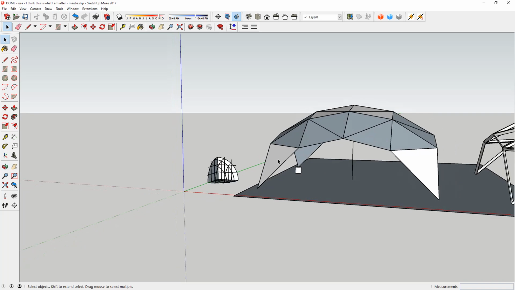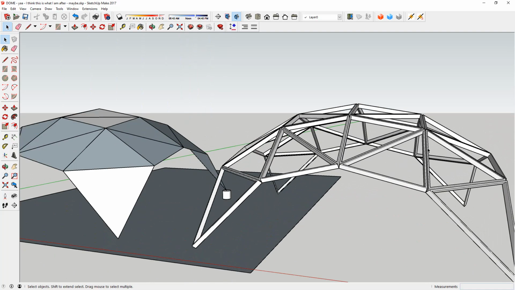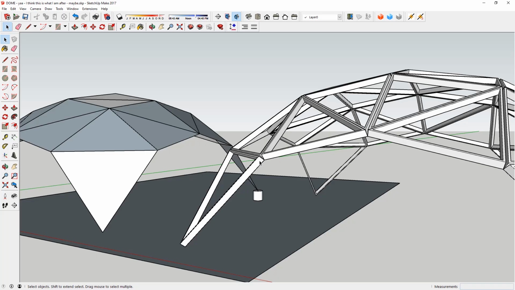So I thought, oh, step by step, I've finally got there. Made the frame up, or a representative of the frame. Decided not to use the timber where you split it on the angle required to make the domes. I'm going to make these triangles flat. So if they're on the ground, they are a simple 3-sided box, and then angle them at a particular dihedral angle to give me my dome. And that's going to be the next video. It won't be in this series, but we will touch on these points.